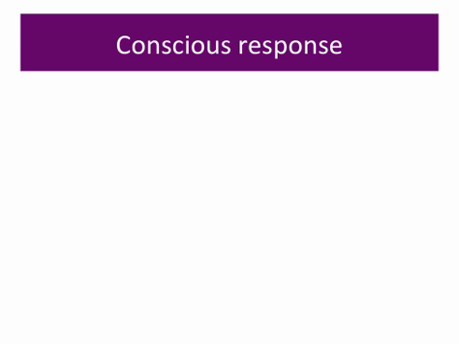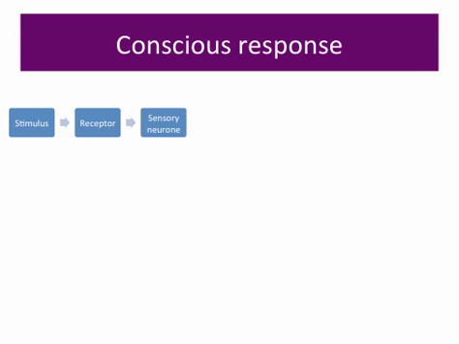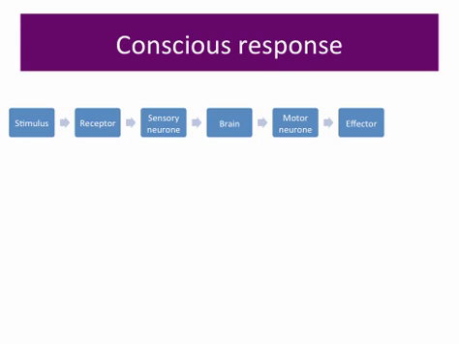Let's look at conscious responses in more detail now. So, a stimulus happens. This stimulus is detected by a receptor. The receptor passes this information along a sensory neuron, which takes the information to the brain, where a decision is made. The brain then passes the information along a motor neuron, to the effector, which is normally muscle, to trigger the